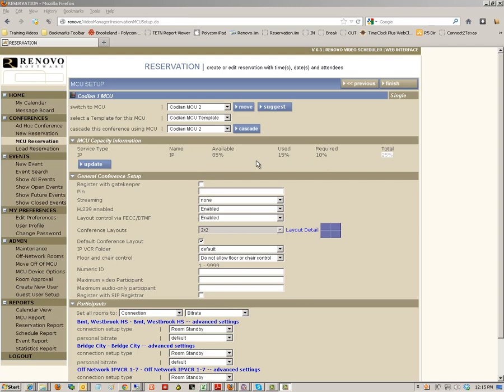Cascading the conferences across multiple MCUs. Like I said, if you have a conference with quite a few connections or endpoints, participants as they're called in here, we call them endpoints on the Codian. This will tell you how much of a load is being placed on that particular Codian. Like MCU1 has a total of 25% utilization based on what's already been scheduled and what I'm trying to schedule together. So sometimes if it gets close to 90, 95%, I do have to cascade this conference across to the other MCU. And all you do is click on Cascade,